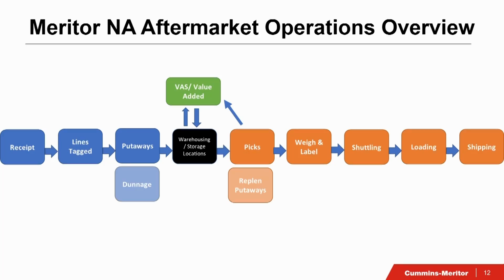Those are the racks in the background, the pick on foot areas, which are your high velocity part numbers. And then it might go to value-added services. That's kind of dependent on what our needs are, basically dependent on the planners. And then we go into COPS, which is the orange, and that's what I was talking about regarding the picks, the weigh-in labels, the shuttling, which is moving from one location to another, loading onto the truck, and then